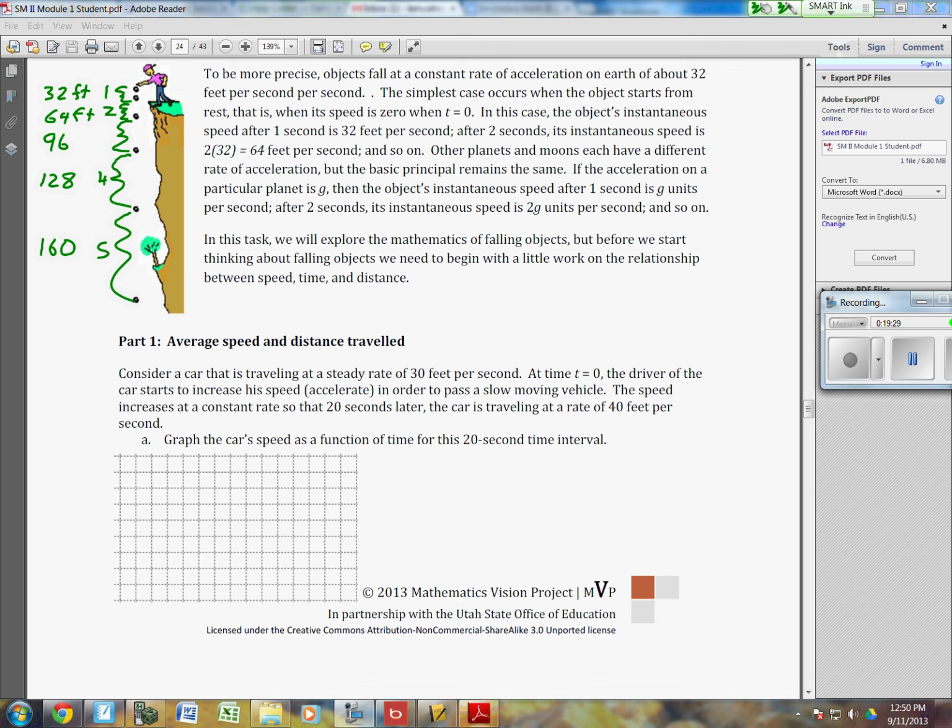Anytime it keeps going up, the rate at which it's increasing is increasing by the same amount, which is 32 right here. We call that a constant rate of acceleration, okay? And if you remember when we did this problem right here,